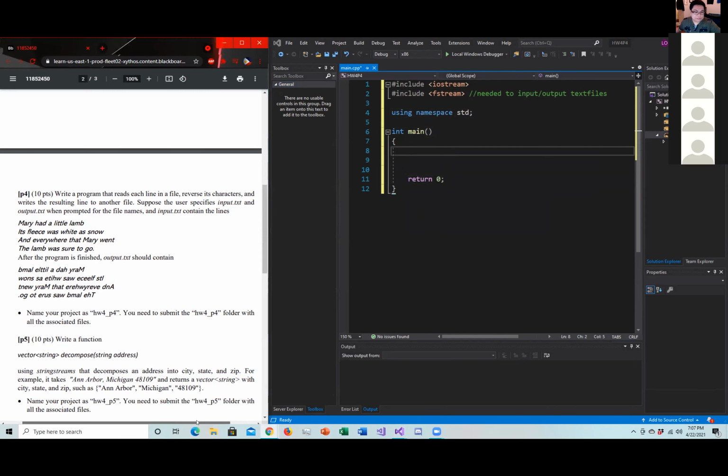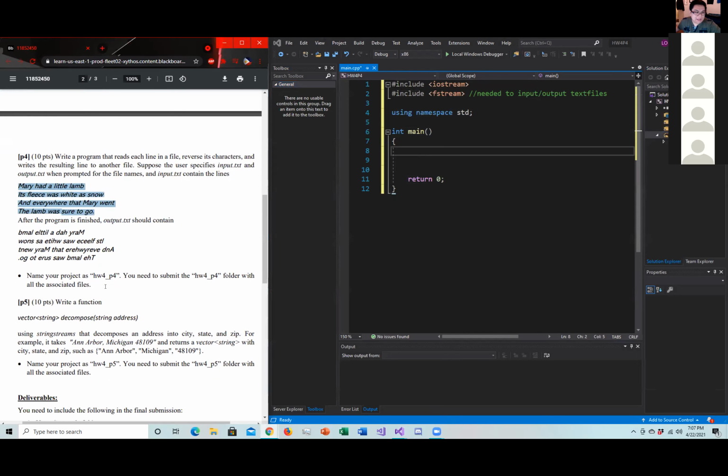Let's read these instructions to ourselves. It says, write a program that reads each line in a file, reverses its characters, and writes the resulting line to another file. Suppose the user specifies input.txt and output.txt when prompted for file names, and input.txt contains these lines. After the program is finished, output.txt should contain these lines, right? Okay, so in order for us to do this, we're gonna